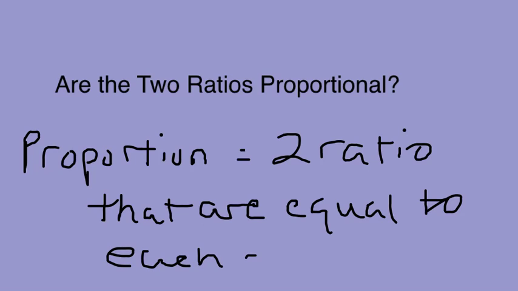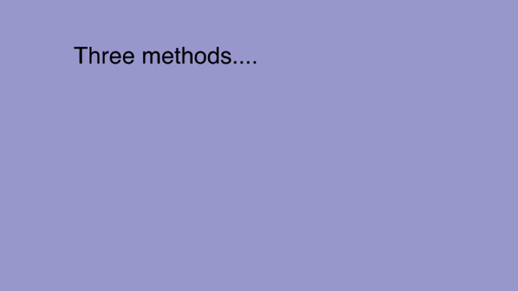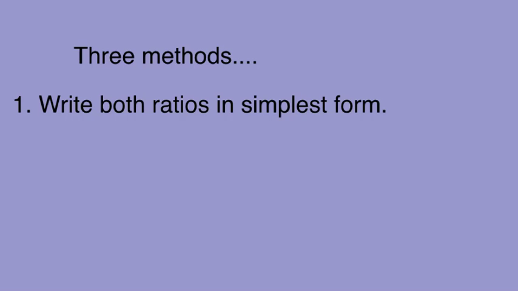And you can go ahead and write that down on your notes. Two ratios that are equal to each other. We have three methods that we can use to see if ratios are proportional. The first method is what we call simplest form, where we're putting both ratios in simplest form to see if